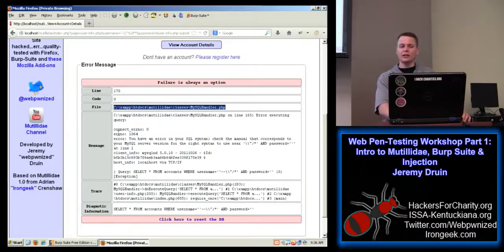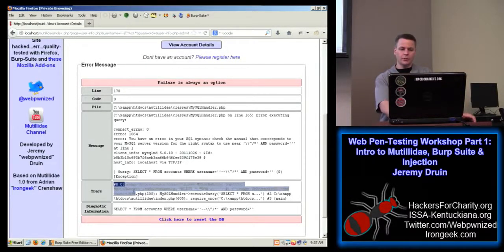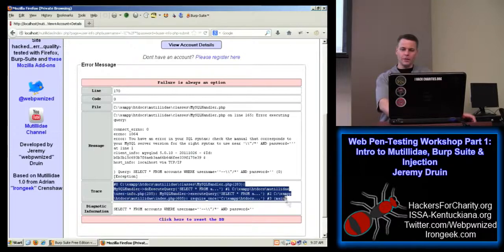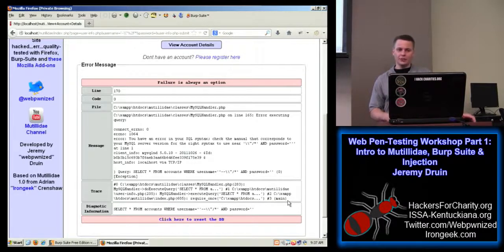It's giving away the internal system path of the web server. The entire box here is an application disclosure. We have an application path disclosure in multiple places, and then we also have an SQL message disclosure. The error messages in Mutillidae are really fun, and they're that way on purpose to make it a little bit easier.